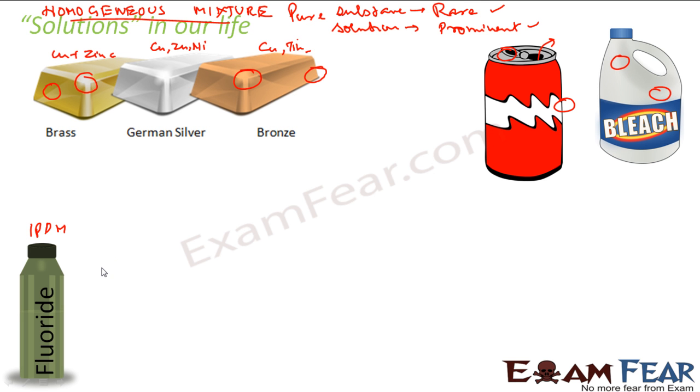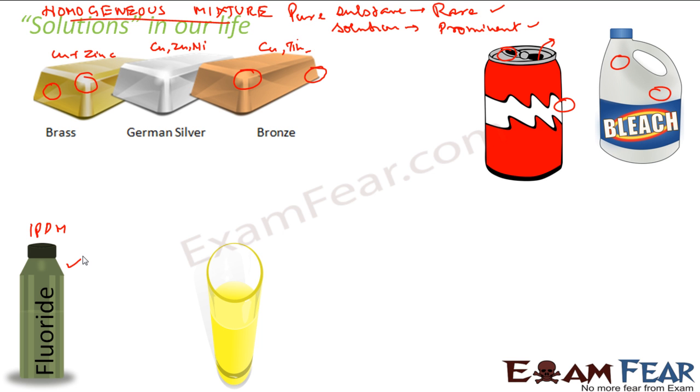And a higher concentration of fluoride is poisonous also. If you see, sodium fluoride is used as rat poison. So that's a different story altogether. But what I'm trying to say is that fluoride ion is used in our day-to-day life. It is generally mixed in a very small quantity, 1 part per million in water, and it helps prevent tooth decay,